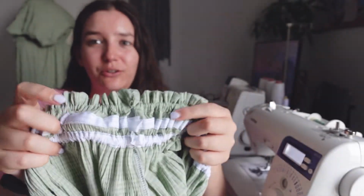Air dried my hair last night. Looks kind of crazy wavy. I just finished adding this new row of binding,